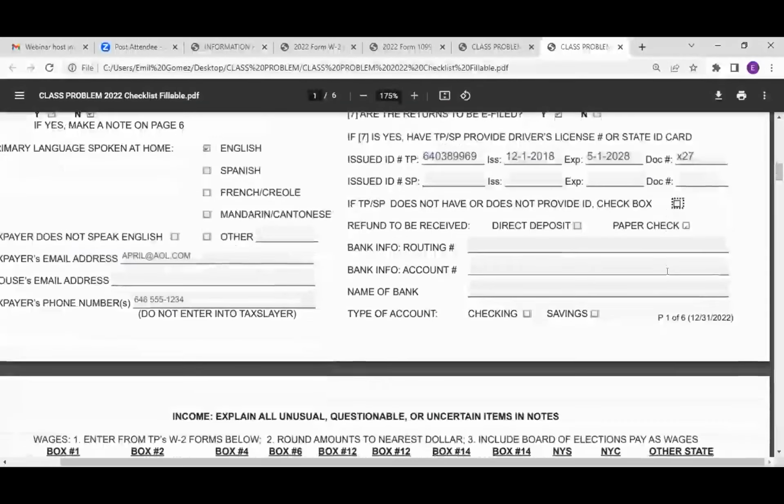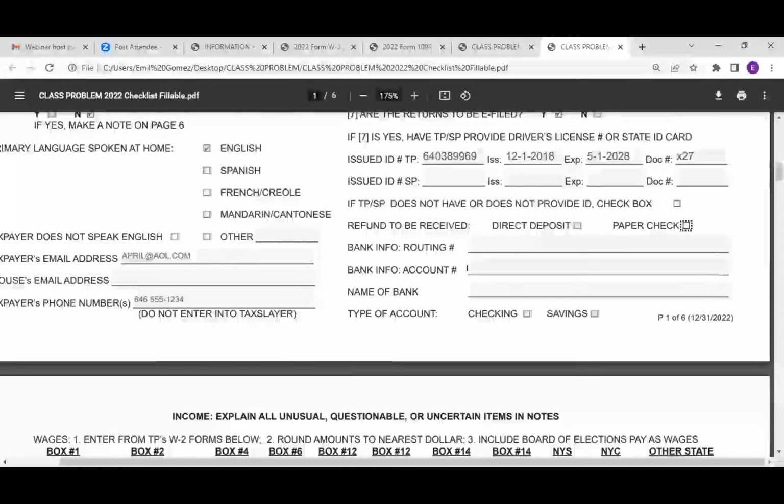All right. Again, for purposes of this presentation, April is going to get a paper check for any refund. If April wanted direct deposit, we would enter this information about the bank. The routing number is an identification of the bank. The account number is a